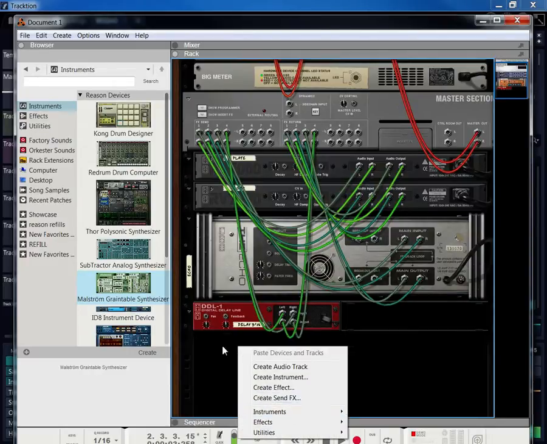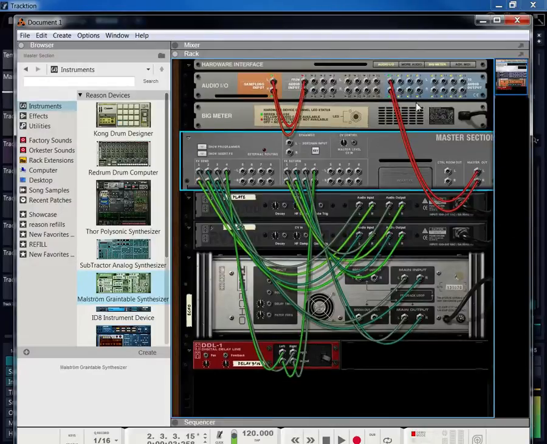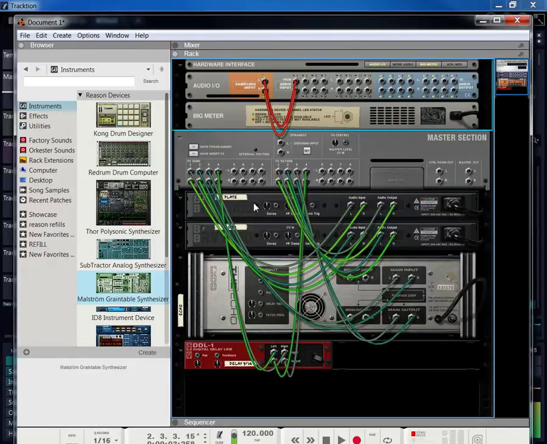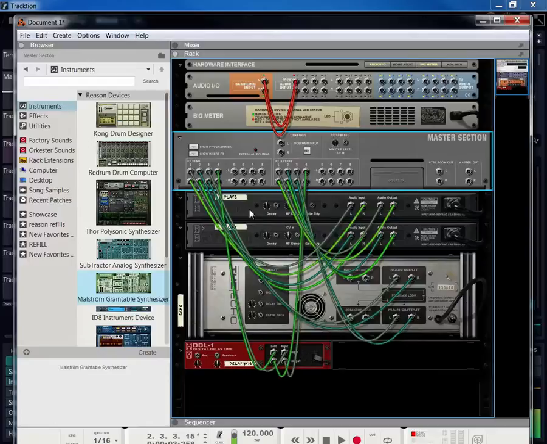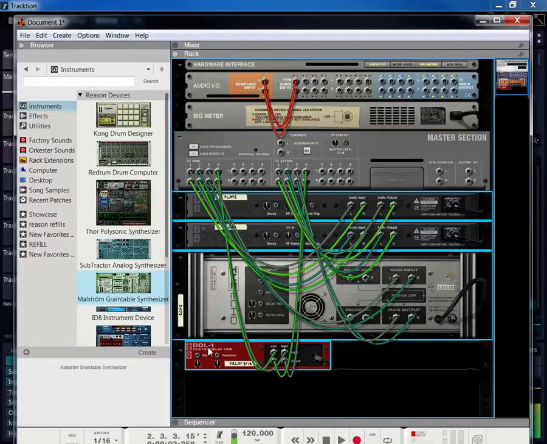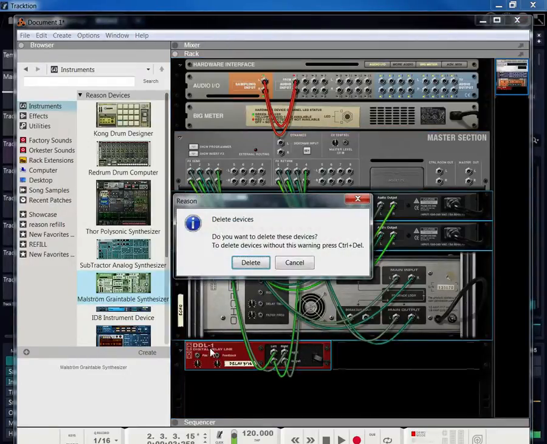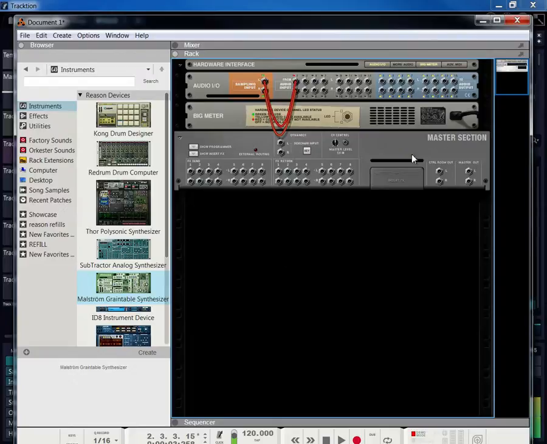But if I want to go into Tracktion, what I would do is build the track. So I would get rid of this master section right here. This ain't going to be needed. I can leave this right here if I want, but all this part, I get rid of it. It's gone. I'm going to delete it. So everything right there is gone, so you have it clean,